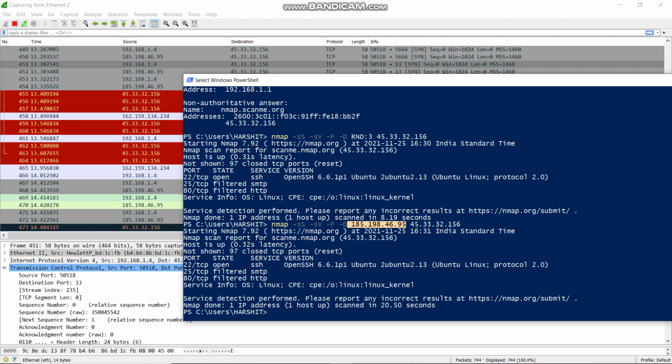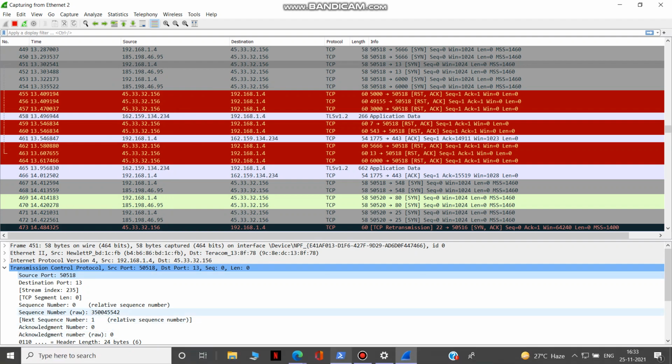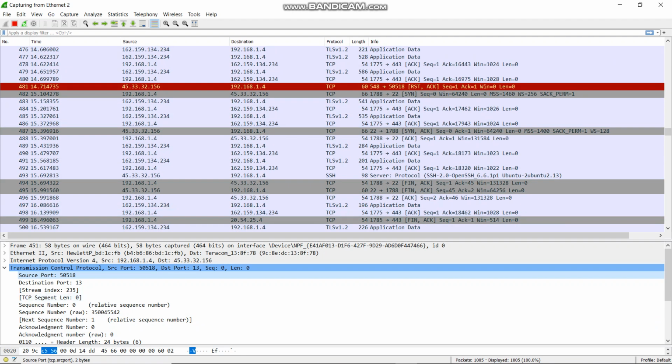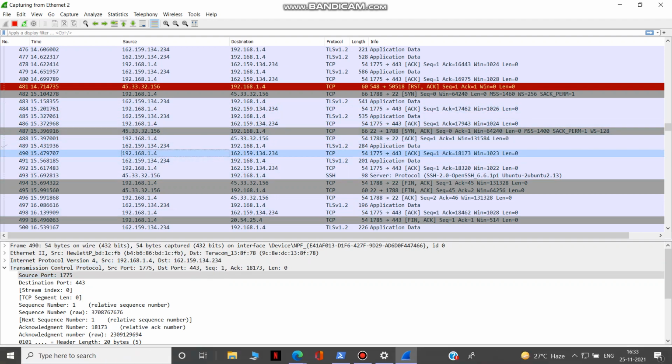Now I'm going to use the fragmentation method. What does fragmentation mean? Fragmentation means breaking the data packets into smaller units and sending them. When they bypass or evade the firewall or proxy, they will be rebuilt by themselves again. Let me show you this fragmentation in simple ways. You can also say it is breaking down the data packets into smaller units.